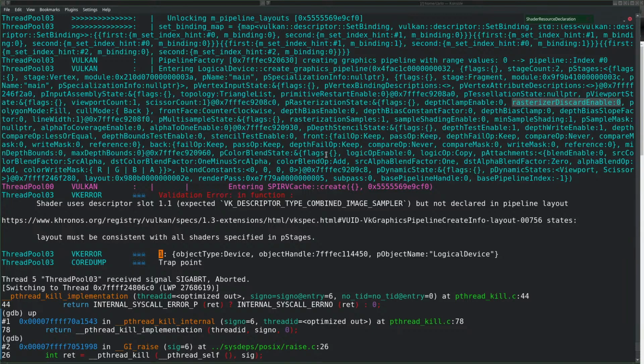Well, it's a bit much output. Maybe it's me, but I don't see the pipeline layout.